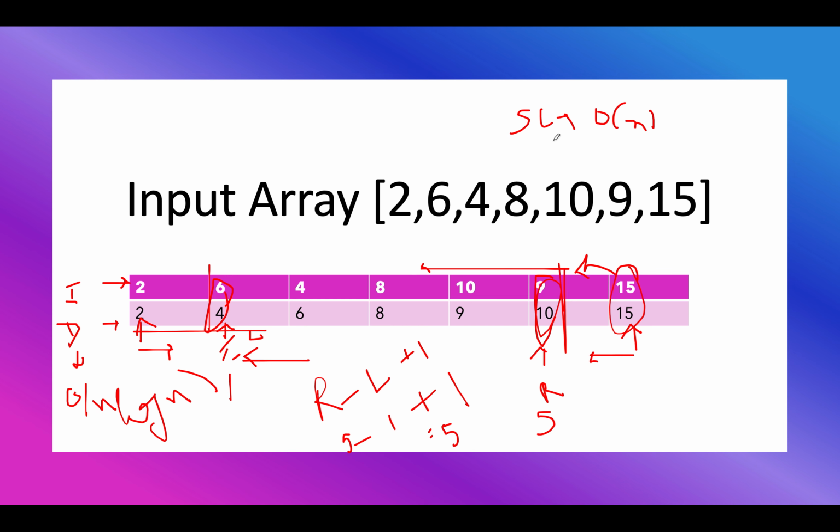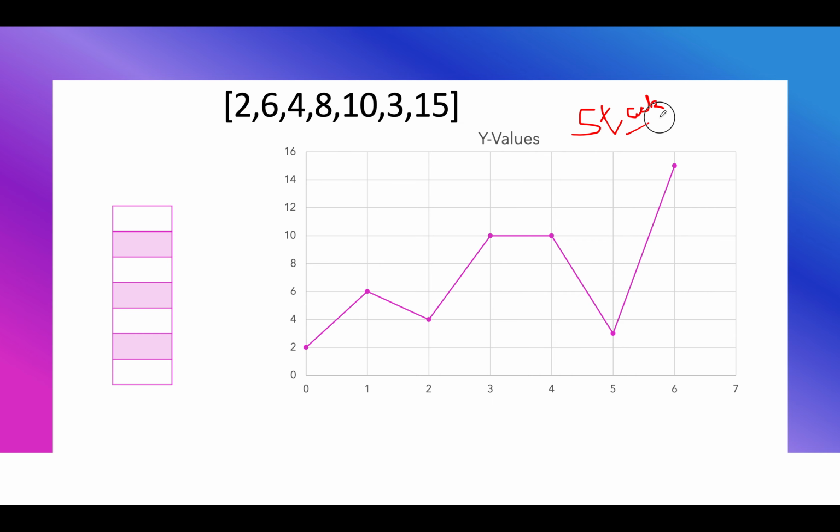What will we use? We will use a stack for this. I'll tell you why we are using stacks and how the stack is solving the purpose here. So let's divide the problem into two parts, finding the left index and finding the right index, where the first unsortedness or randomness is happening in the array. So let's target the left index first. The left index would be the first index where the unsortedness is happening.